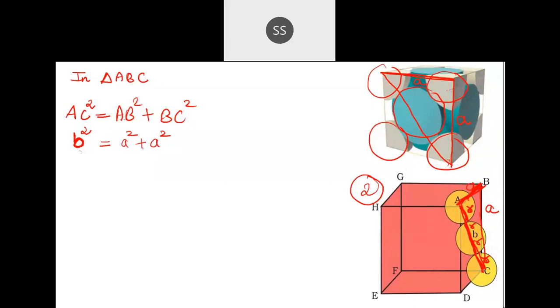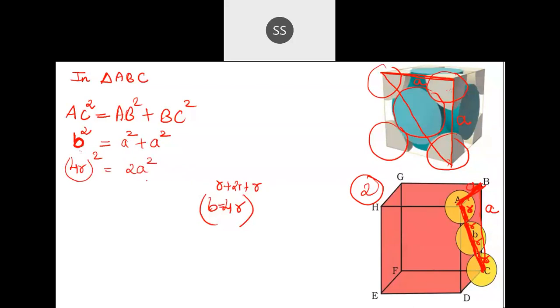On that diagonal B you are seeing that three atoms are occupied. In that, only half of the diameter, that is the radius, is coming, then the full diameter comes, and then again a radius is coming. So that value comes out as R plus 2R plus R. That is 4R, which is the B value. AC value is this much. So we can substitute that over here. So 4R the whole square is equal to A square plus A square, which will be 2A square.